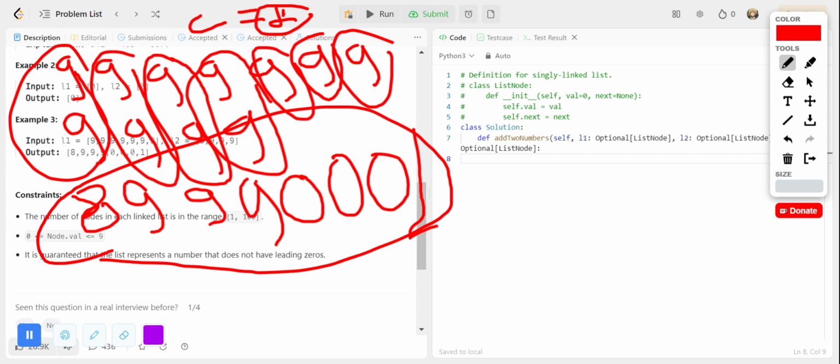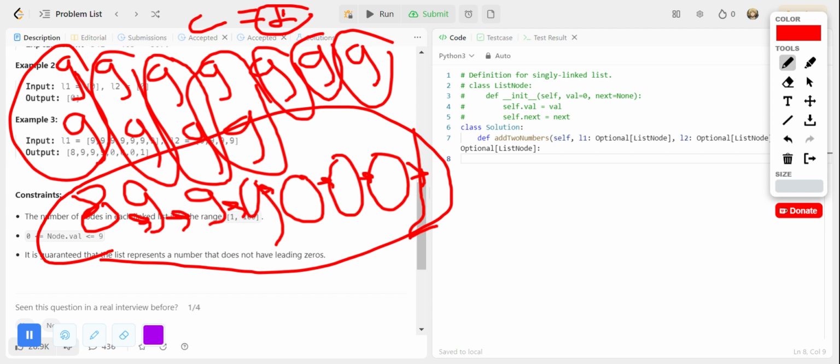So we're gonna return a linked list of these values, right? We're gonna return this kind of a linked list. To solve this problem, the time complexity is gonna be O(n), and the space complexity is gonna be O(n), right? So we just traverse the two linked lists and add them this way,